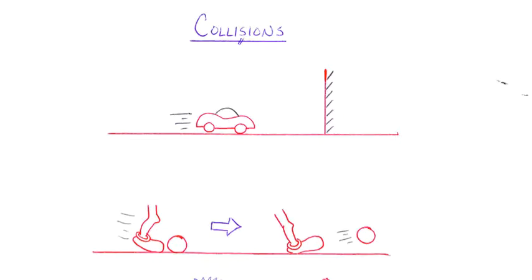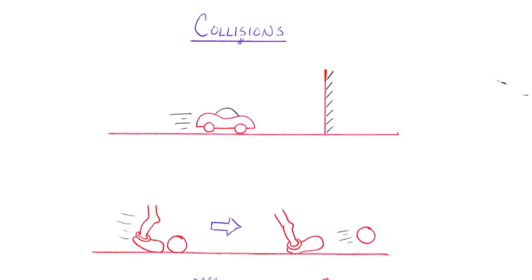When it comes to collisions, there's several different types. You can have a variety of phenomena happening both before or after the collision, which can make collisions at times seem a little bit overwhelming. But I'm going to try and show you what I have found to be a fairly simple way to analyze these collisions. And it's nice in the sense that regardless of the type of collision you're speaking of, the analysis